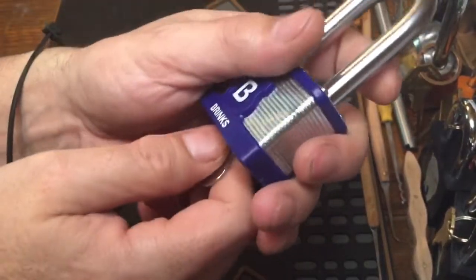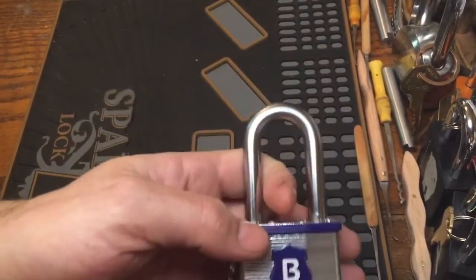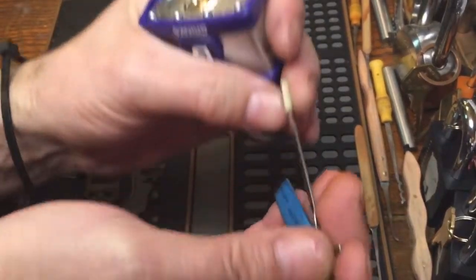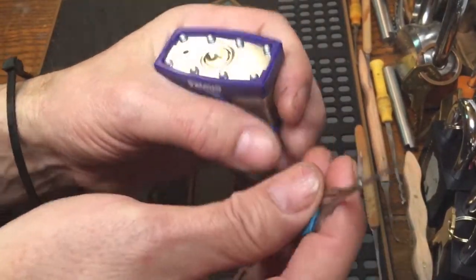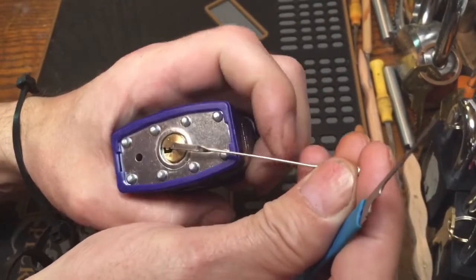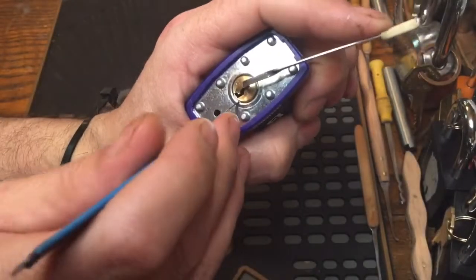Hopefully. Pretty big lock. So I'll see if we can pick it. Get it where y'all can see it maybe. Try to use top of the keyway. I'm going to try to...